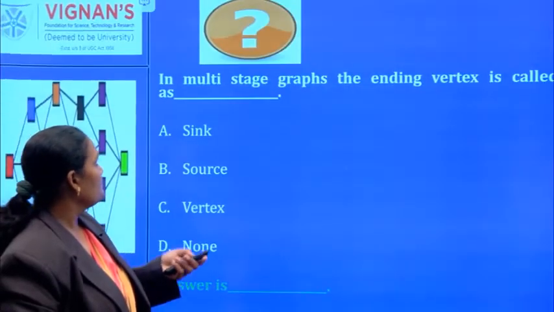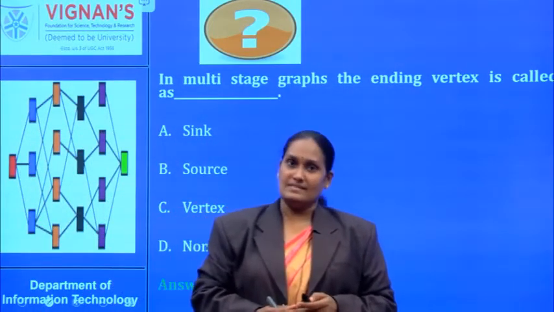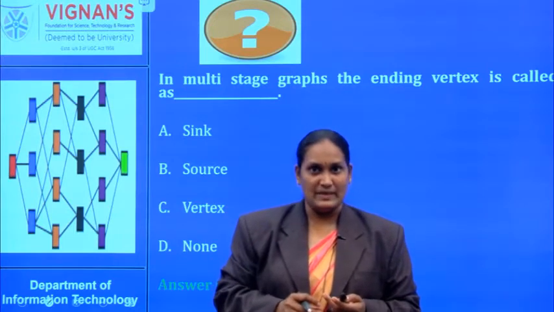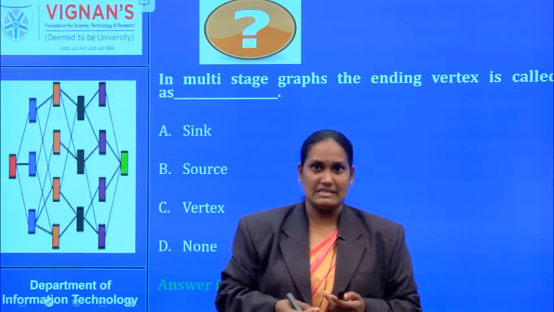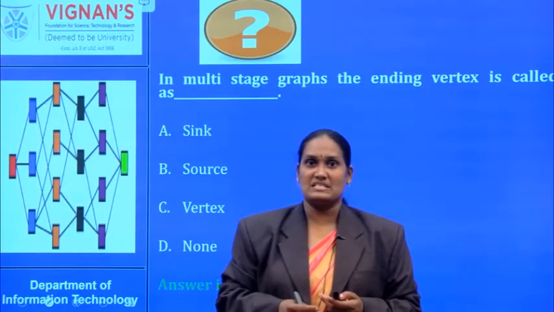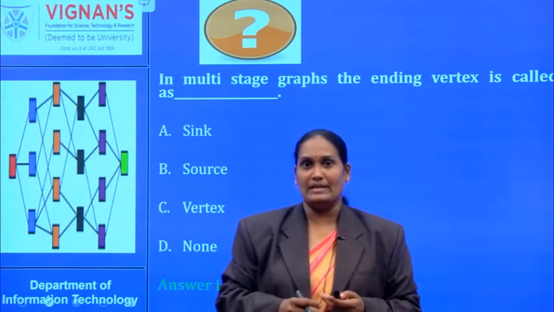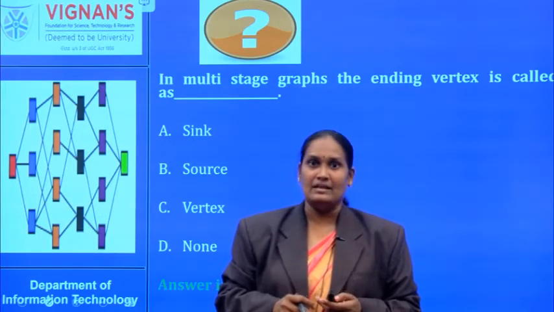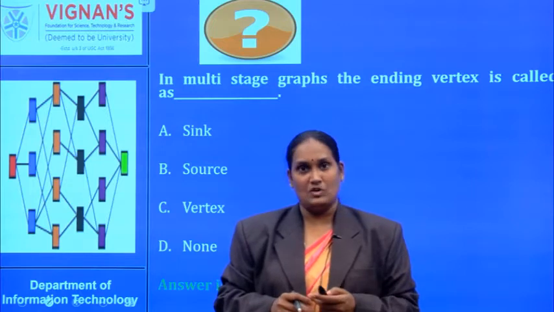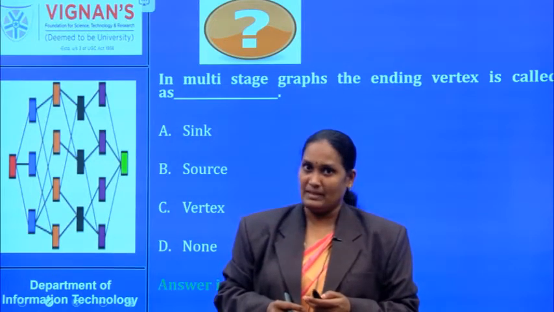Now here I'm going to summarize the concepts we explained in this session. In this session we explained what a multi-stage graph is, what the multi-stage graph problem statement is, and what dynamic programming algorithm we follow to solve that application. We also saw the time complexity of the multi-stage graph, and we solved an example problem.